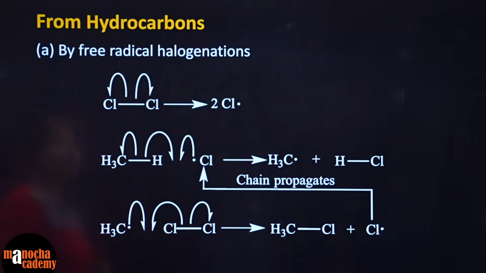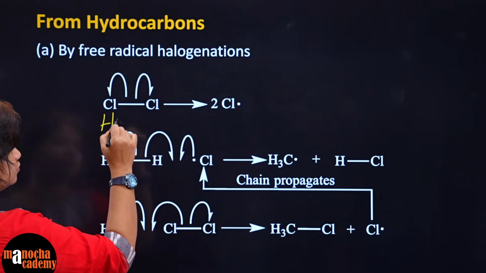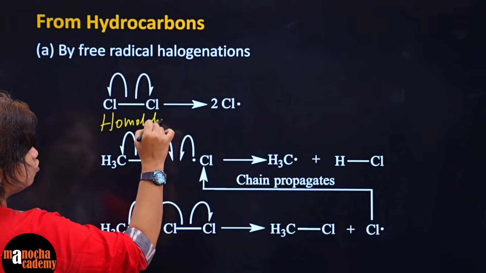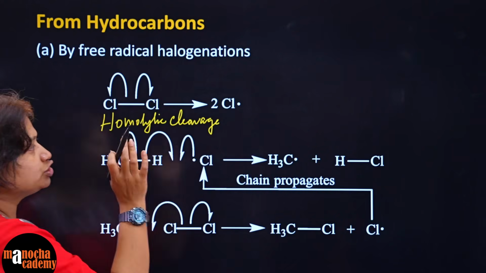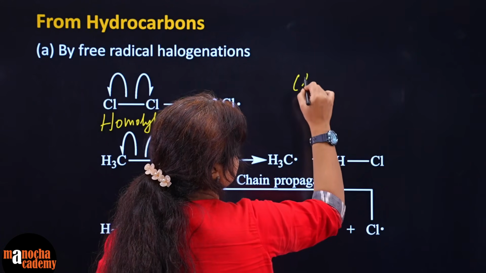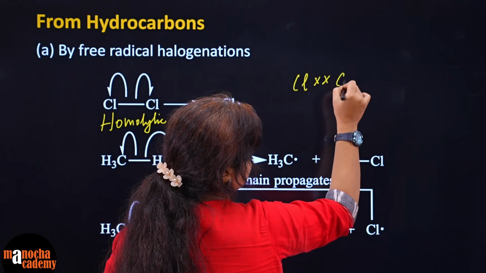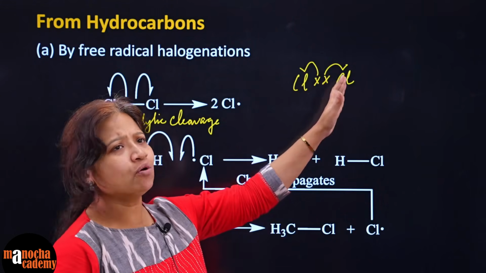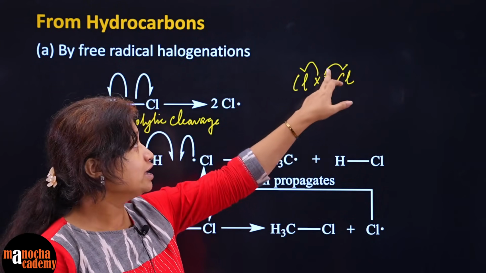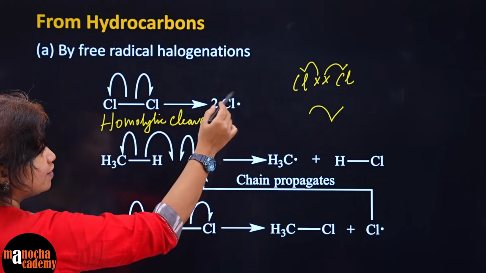Okay. Now this we did in class 11. If you remember, the first step is the homolytic cleavage. Do you remember all this? When the bond is cleaving, the electrons are shared by both equally. Suppose right here Cl-Cl, a single bond means here is one shared pair, one shared electron each. When I write homolytic, it means one equal division. This chlorine takes one, you take one. That is homolytic. You see the arrow, it is like this. Okay, so you get chlorine radicals.